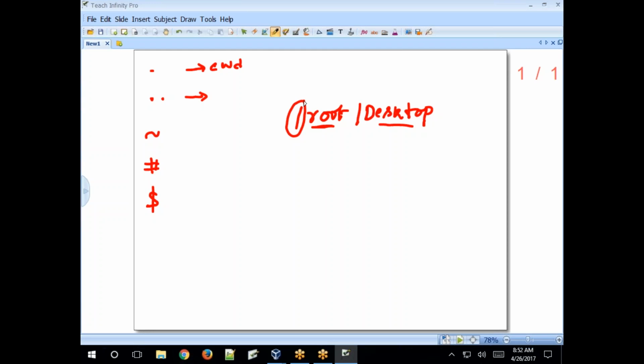So under /, the root directory is created. Under the root directory, the desktop directory is created. Now this is a child directory of the root directory, right? We also call it a subdirectory. A directory inside a directory, we call it a subdirectory. So its parent directory is root.